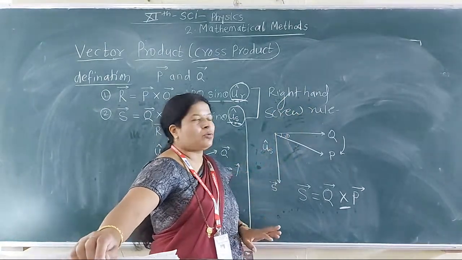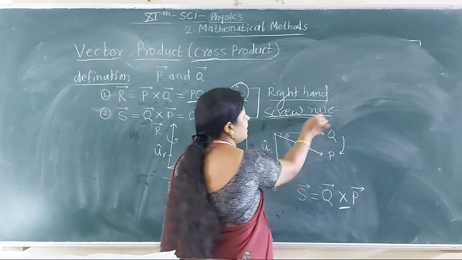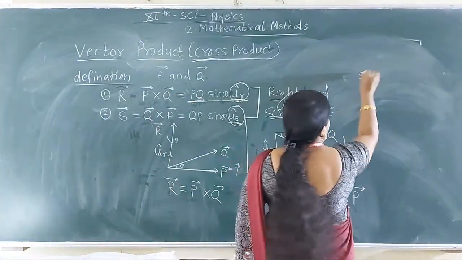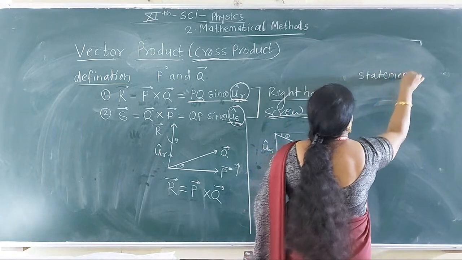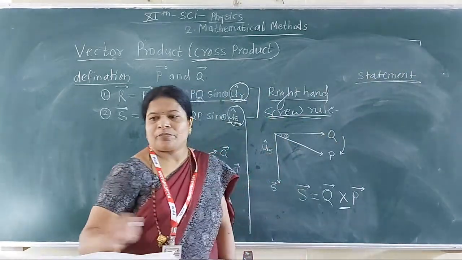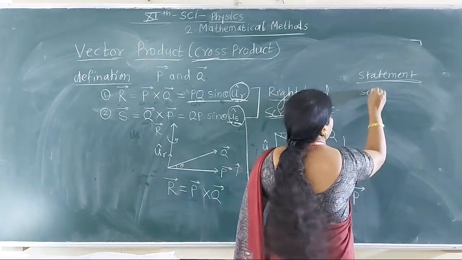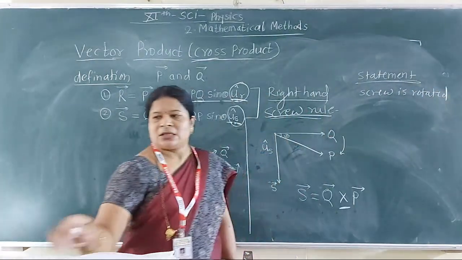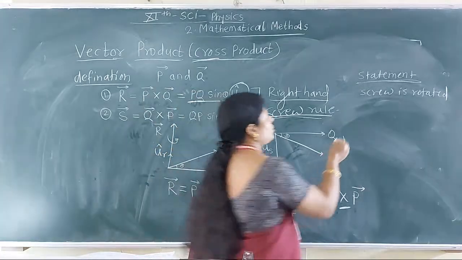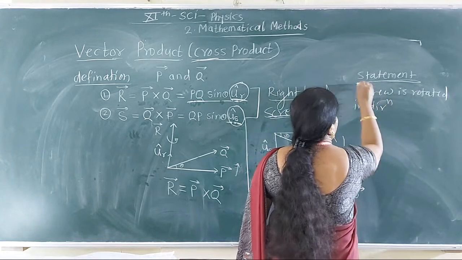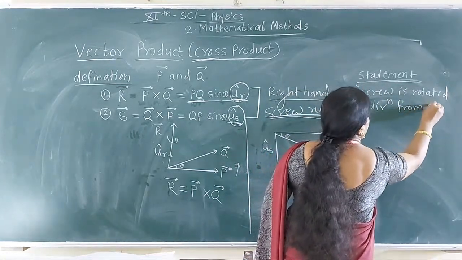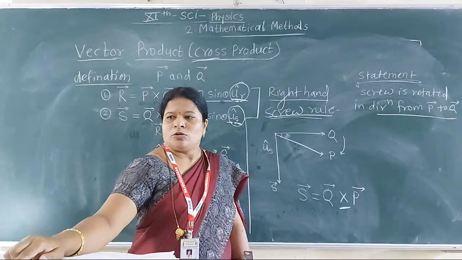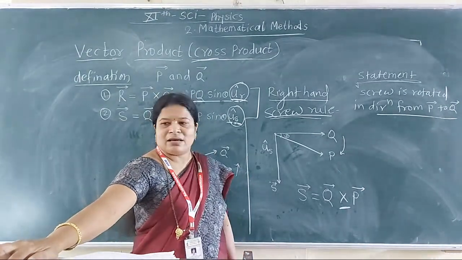So what is the right hand screw rule? We learned it in 9th or 10th standard. The statement of this right hand screw rule: if the screw is rotated in the direction from vector P to vector Q through a smaller angle theta,